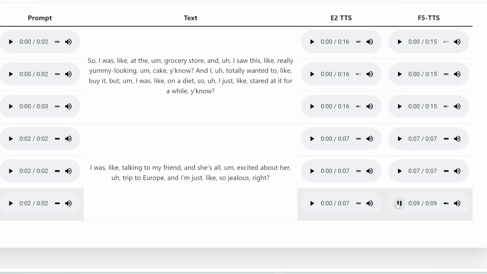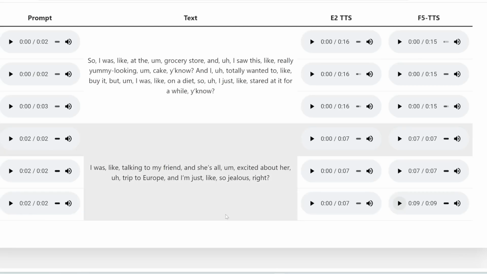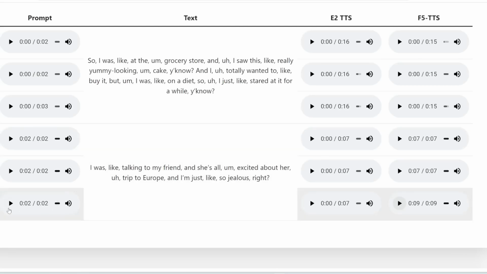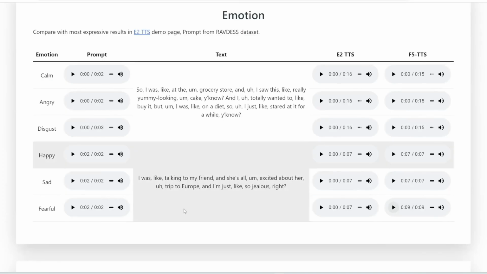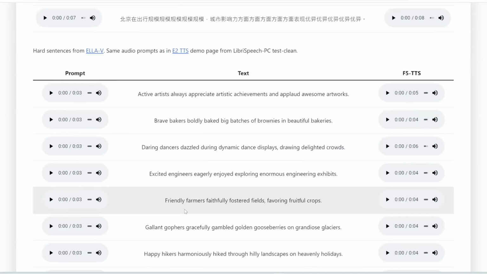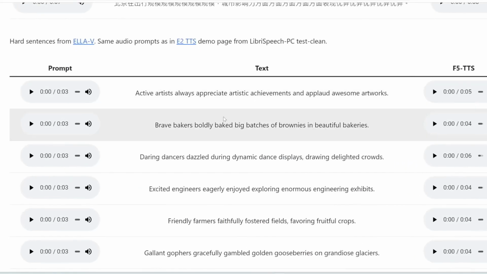so jealous, right? And you can hear it does preserve that higher pitch, slightly frightened voice from this original clip. So a very powerful tool. Finally, this is also shown to do well with hard sentences, like these ones, which let me try to read